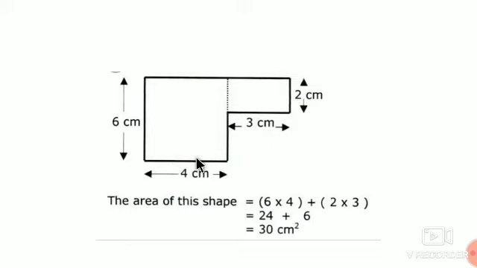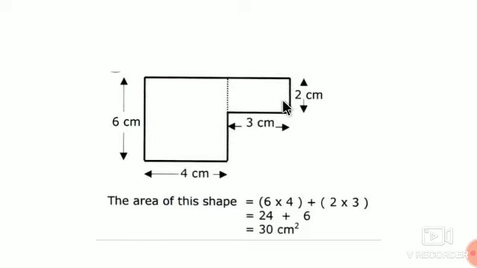But in this figure, the lengths of how many sides are given? See, 1, 2, 3 and 4. The lengths of 2 sides are missing, so we have to find them out. If we put the dotted line here, we will get a rectangle. This is 6 centimeter and this is 4 centimeter. So up to this it is 4 centimeter. And after that it is also a rectangle. This is 3 centimeter. So this will be 3 centimeter.